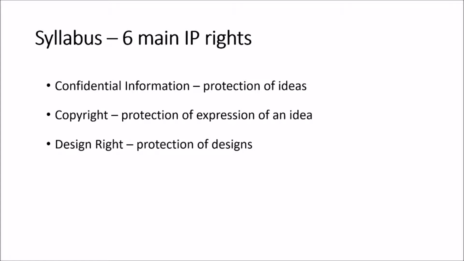duration given for the protection for copyright can be quite extensive. So what you will study is that assuming that copyright arises in the UK, for example, and to some extent in many parts of the world, the duration for protection over the copyright work, over the book or the song, for example, is the life of the author plus 70 years.